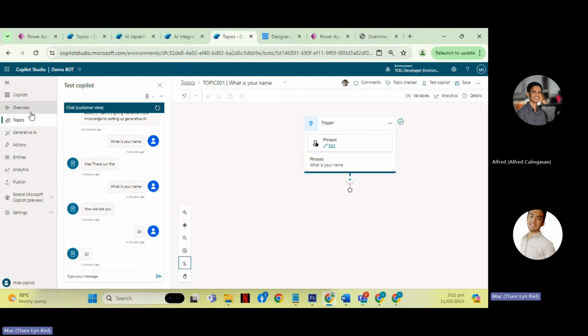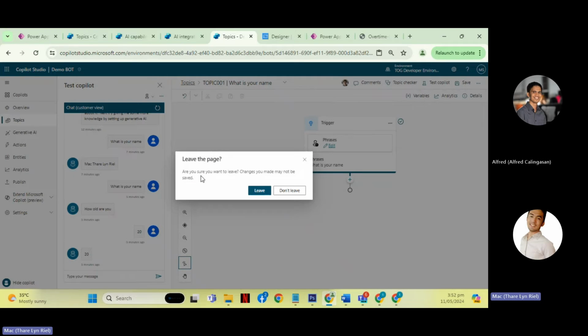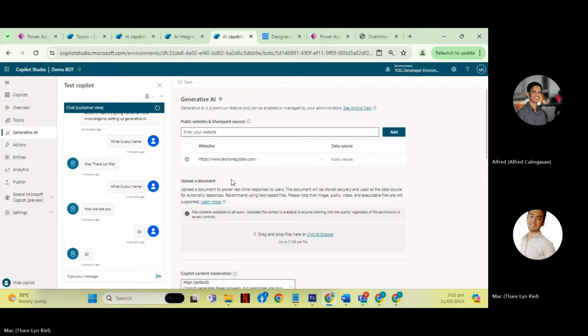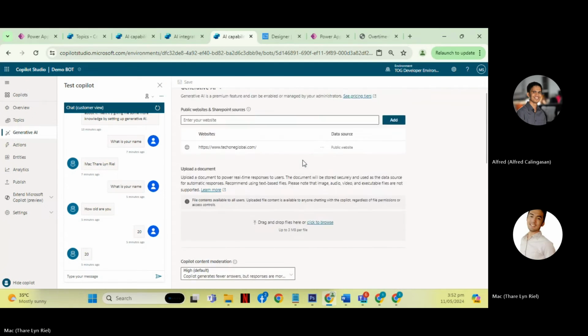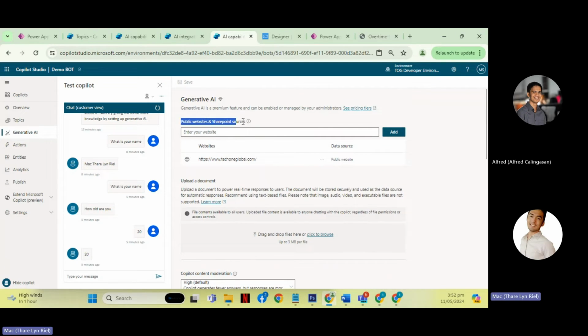So moving forward, let's go to the generative AI again. Right now, the generative AI is limited to these data sources. First, the public website.